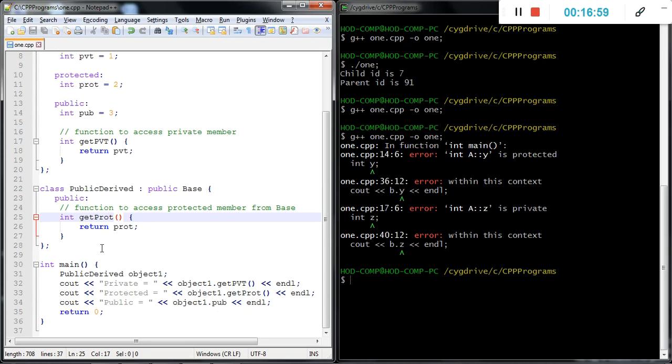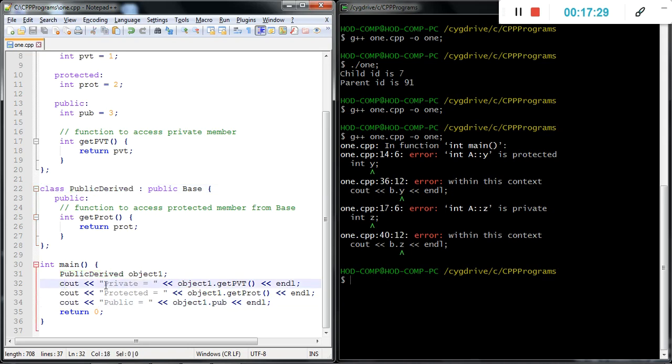Then we just create one object of the derived class, that is object 1, of the class publicly derived.